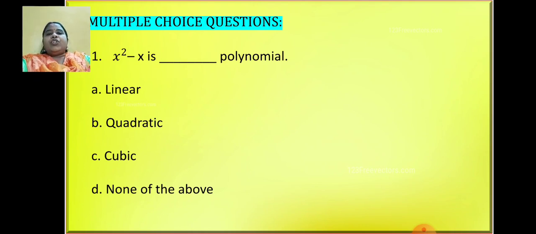Now all these options I have given you are based on the degree. So you don't have to count the terms. If you count the terms, it is a binomial. But since I have given you the option of degree, which one should it be? See, the degree of the polynomial is 2. So it is quadratic. So for this you should be thorough with the definitions, right? So out of this, which option is correct? Option B, that it is a quadratic polynomial. Okay? Right. Let us move to the next question.